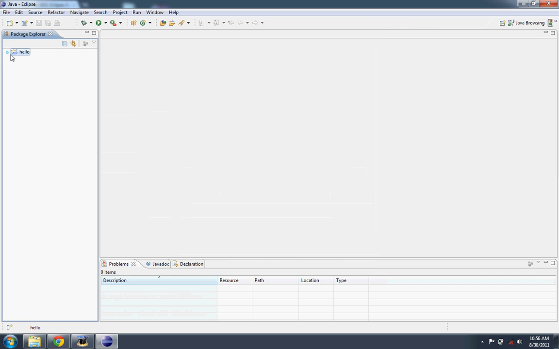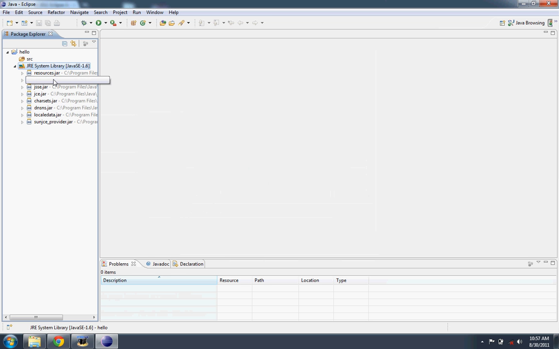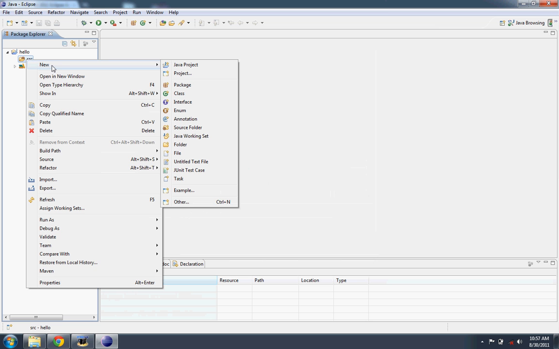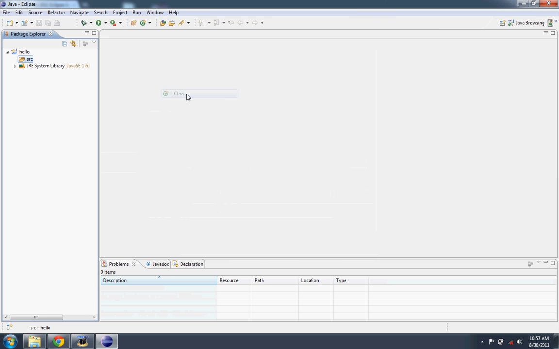I'll accept this. And you can see here's the project folder. This is displayed in the Package Explorer. And there's two folders here. This is the source folder, that's where we will put our source code. And then there's another folder, or virtual folder, that contains a collection of jar files that comprise the standard library for Java. And let's go ahead, and I'm going to right click on SRC, do new class,